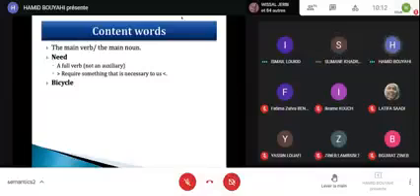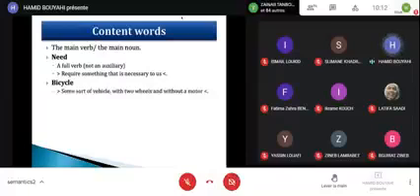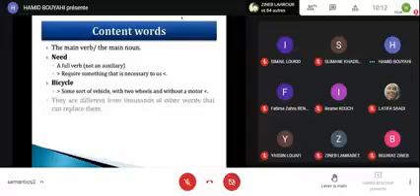Yes, someone else? Well, yes, Ismail. A bicycle is a vehicle with two wheels and has no motor. Yes, that's a good definition. So two wheels and no motor. So that's basically a bicycle. I think we cannot really eliminate more. So it leads directly to bicycle. So some sort of vehicle with two wheels and without a motor. Yes. Thank you, Ismail. So they are different from thousands of other words that can replace them. What does that mean?